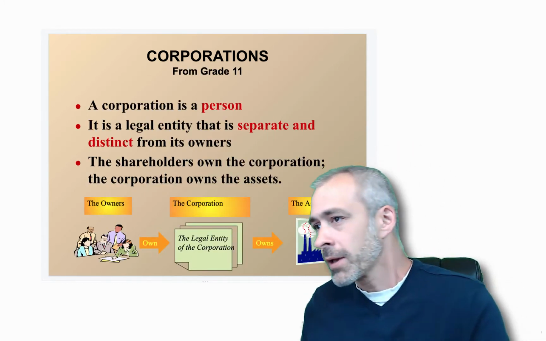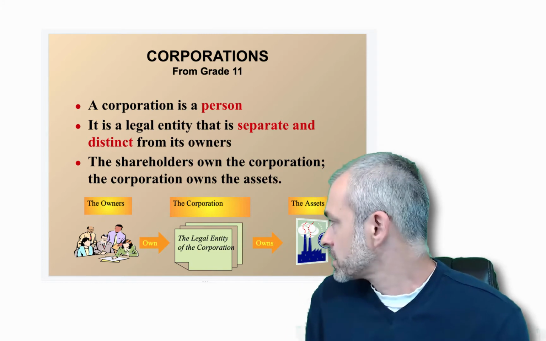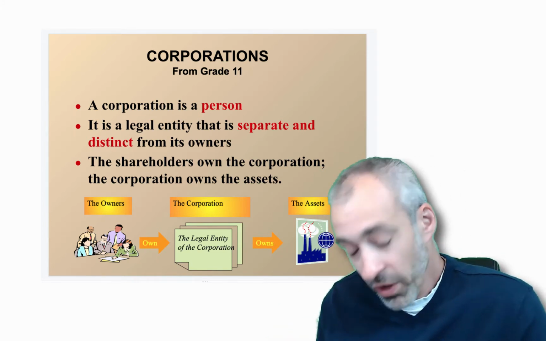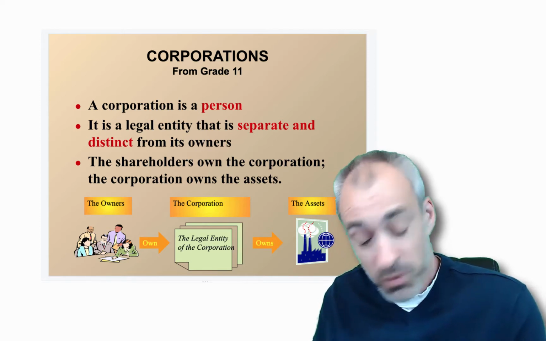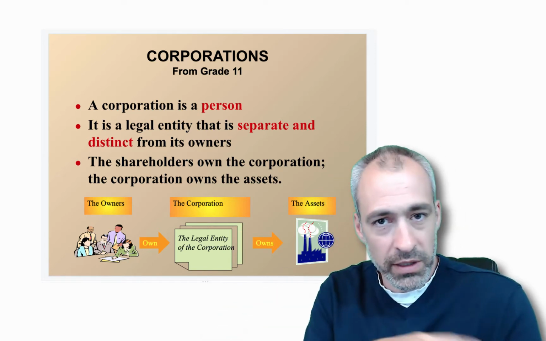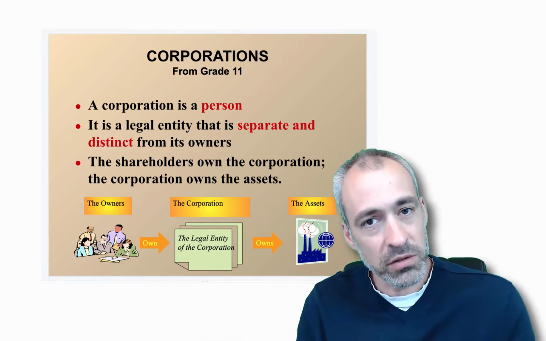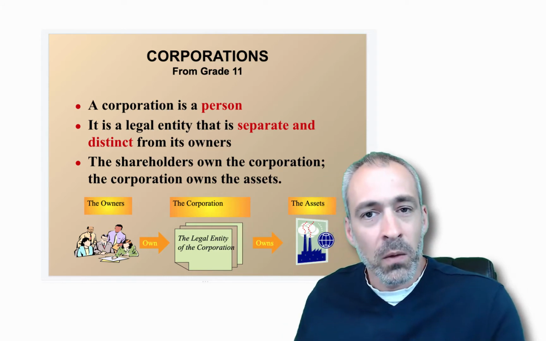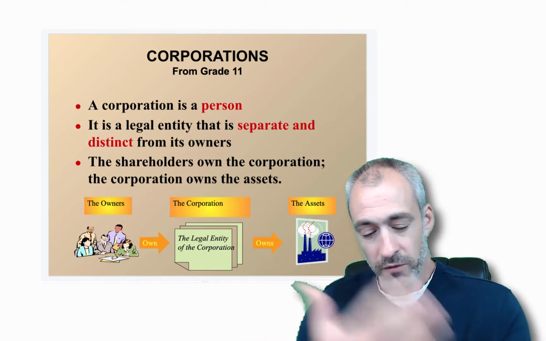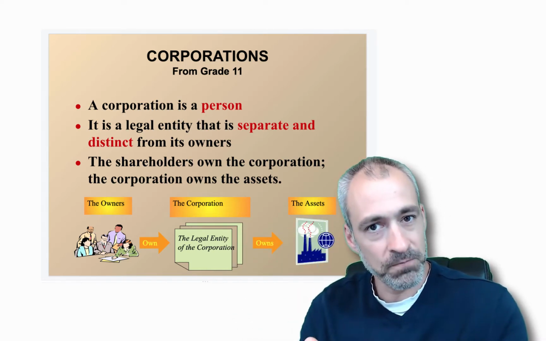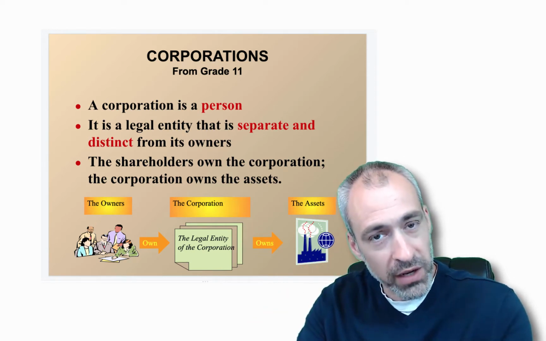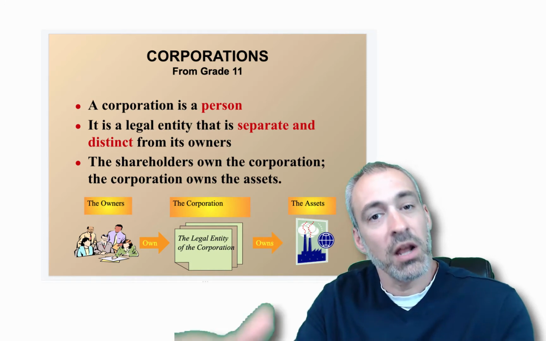Not that important anyway. What is important is this concept. A corporation has several advantages that you would have covered in a grade 10 intro to business class, as well as in grade 11 accounting too, right? The different pros and cons of the legal forms of ownership: corporation versus partnership versus sole proprietorship. One of the main advantages of a corporation is this veil of protection, right? There's limited liability: whatever the corporation gets involved in, it's the corporation's responsibility, not you, the